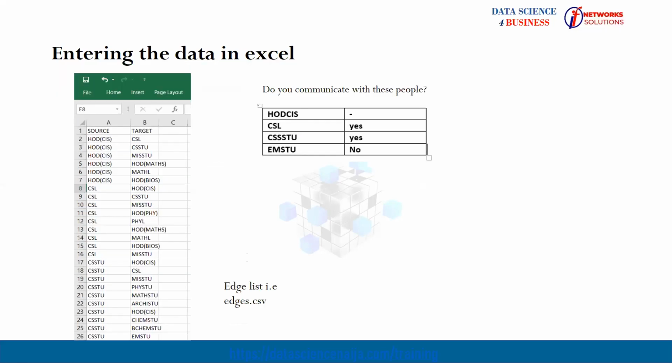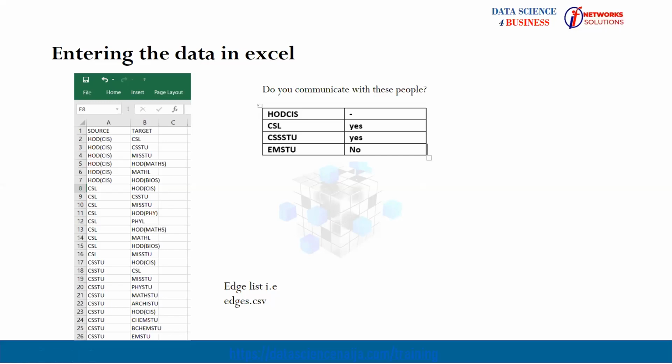Entering the data in Excel, that's the second part now. That's the edge list data in Excel. You have something like this. You need a source and a target. And that will be informed by this second part of the questionnaire, which I was explaining the other time. So the source is who you have given the questionnaire, and it's the one that you're asking whether